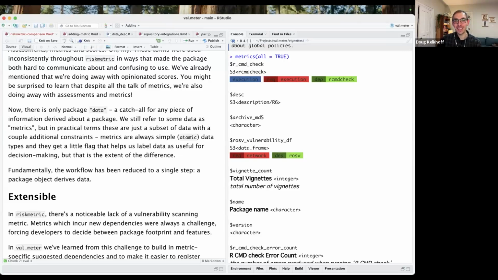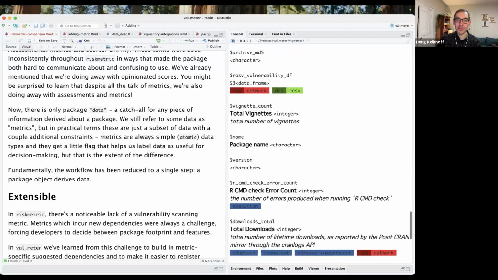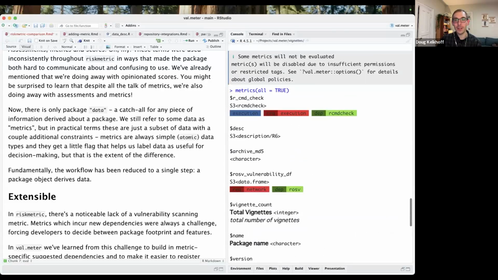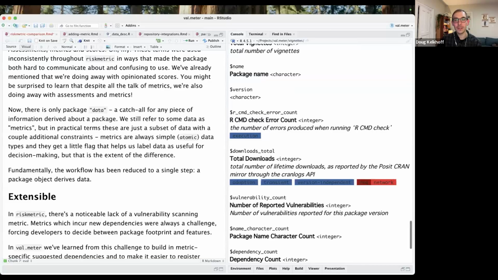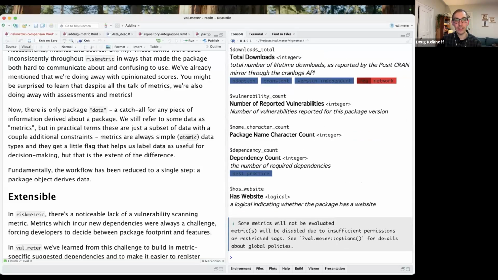Yeah, you can see, I think there's a lot of enthusiasm around simplifying the structure here. I know it's been a sticking point for some of the developers that have been working on this, so we're really happy to see things getting simpler. So yeah, anyway, there's a bunch of other information that is available. All of this is kind of internals. It's used to calculate some of the metrics,